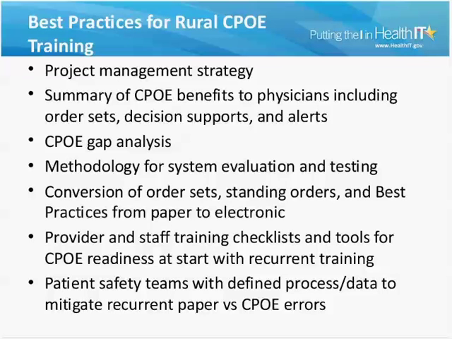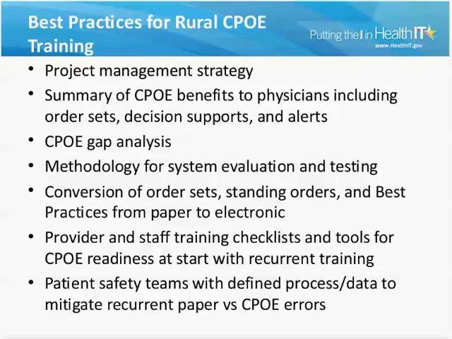We have to look at the gap analysis. We have to actually do, on an ongoing basis, an analysis of where we want CPOE to be in our facility, and also where we are now. And that allows you to do a continual quality improvement type of analysis structure where you are constantly making tweaks and changes in a very structured, ordered manner in order to improve. In order to do that, though, you have to have a methodology in place, a consistent methodology for system